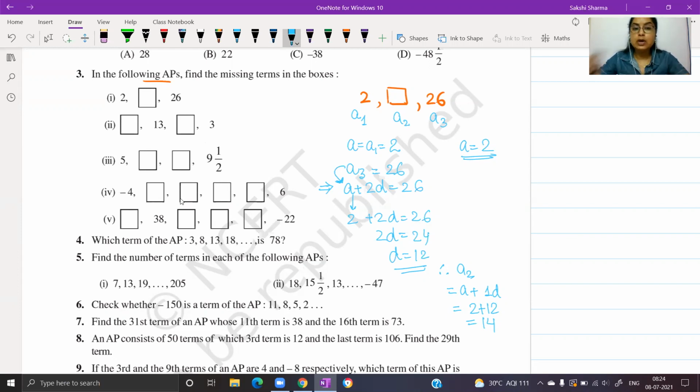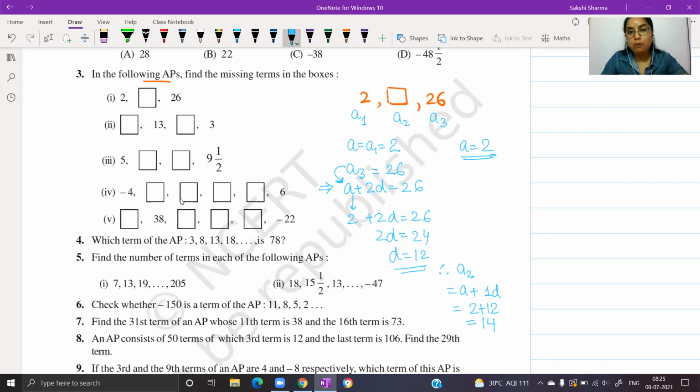Let's quickly write this. Most of these questions are to be done this way. If you observe, आपके पास जितने भी ये पार्ट्स हैं, उनमें आपको 2 टर्म्स दी हुई हैं और बाकी की टर्म्स मिसिंग हैं. तो जो 2 टर्म्स आपको दी हुई हैं, उनका आप फॉर्मूला अप्लाई करो. Using the formula, make equations. You will have a pair of linear equations. If I have to be technical, तो आपके पास यहाँ पे pair of linear equations बनेंगी in two variables.